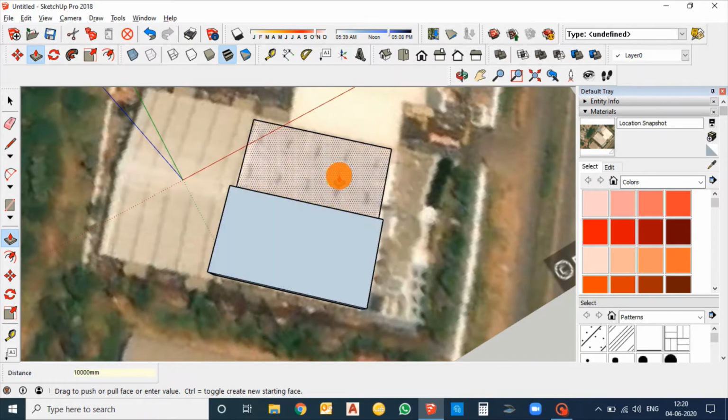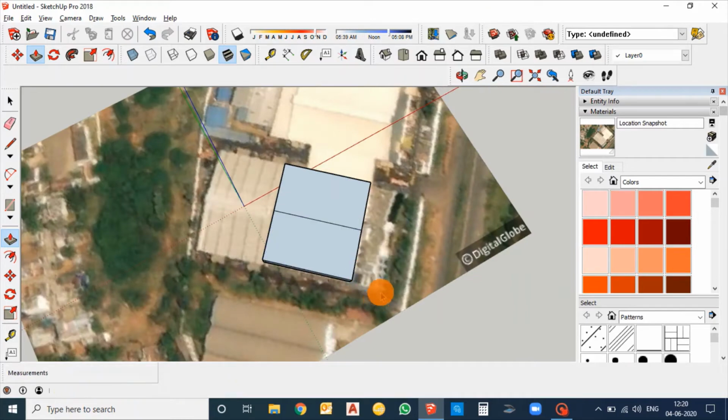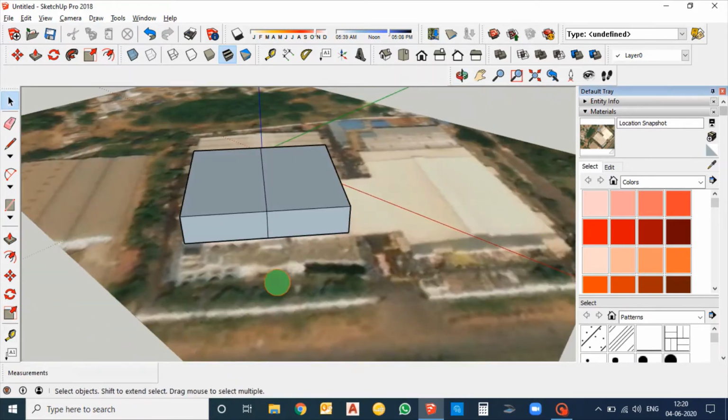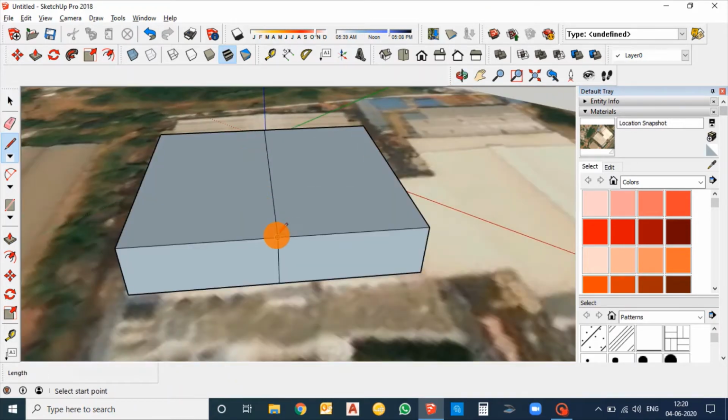Taking the height of the building as 10 meters, and now going with the roof tilt. Use the protractor tool. Just use the protractor to get a slope.